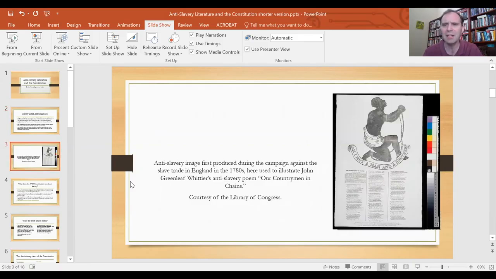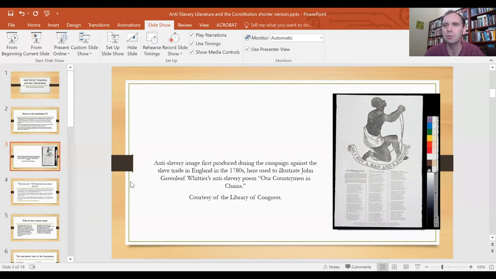So, to give you an idea of the intensity of the debate and the kinds of images that were being used and the central issue related to slavery, I want us to take a quick look at this image. You'll notice that we have a little banner here reading, "Am I not a man and a brother?" And we have a very physically imposing and powerful man who's been forced into this rather humiliating position, right? He's chained, he's forced to be a supplicant here, but he's crying out, "Am I not a man and a brother?"